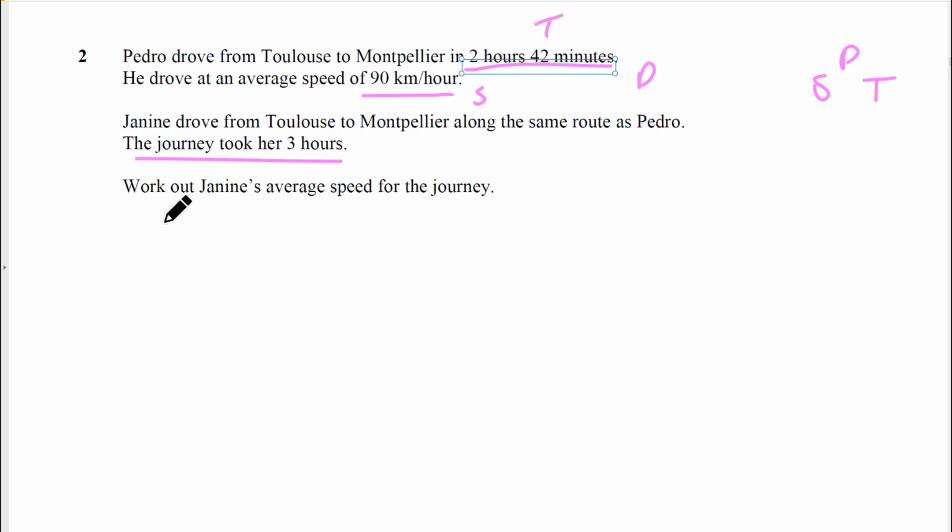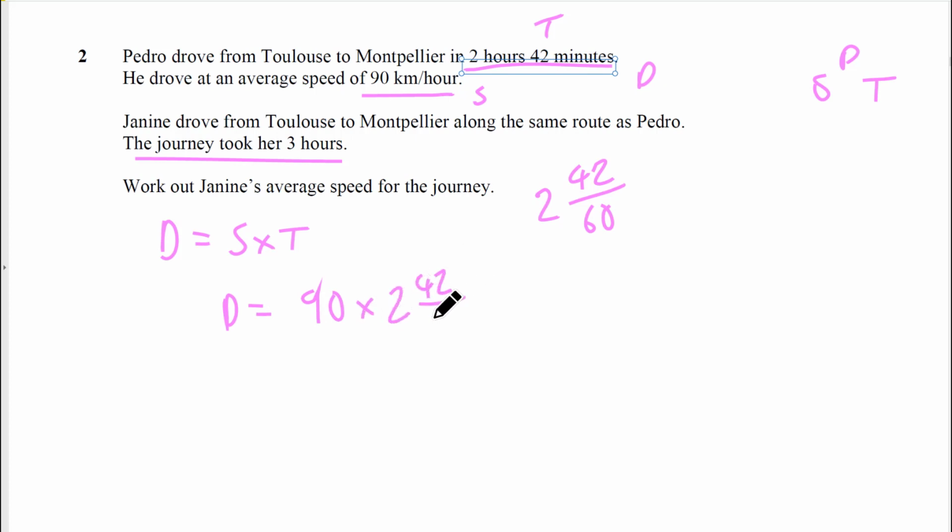So distance equals speed times time. Now the time needs to be in hours, so we need to convert 42 to hours. So we could, 42 minutes over 60 would be converting that to an hour, but we have got the 2, so you can multiply it by that, that would work. So the distance equals 90 times,